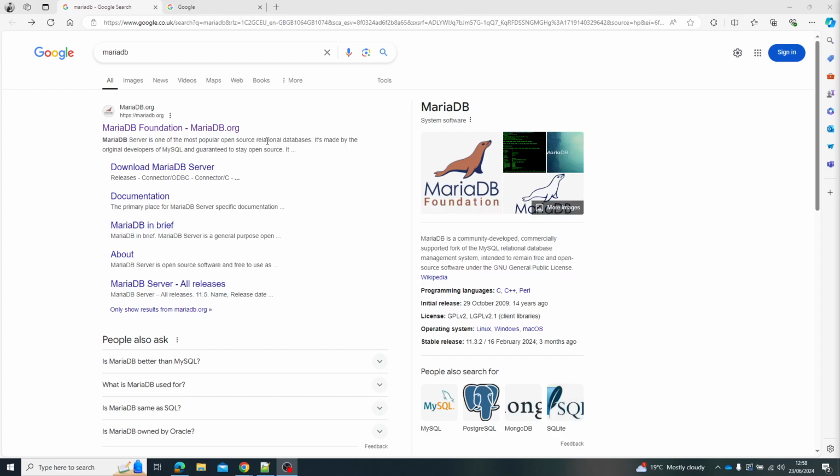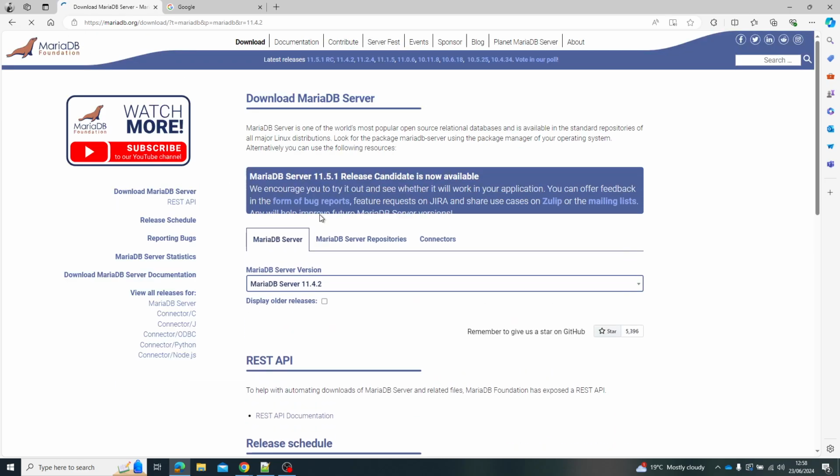Okay, so before we start getting set up with the first database and creating our first tables and running queries and stuff like that, we need a relational database. So what we're going to download is MariaDB server. You can just go to Google, type in MariaDB, select this,